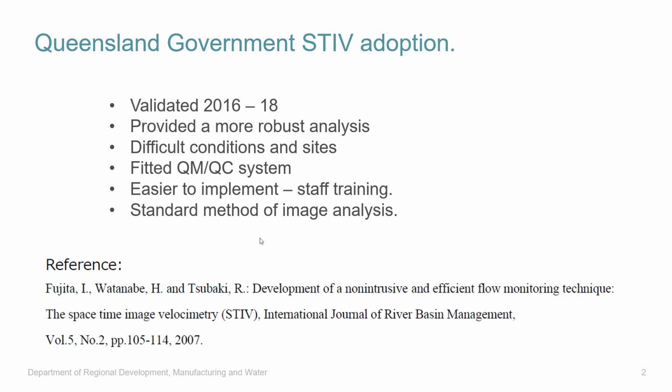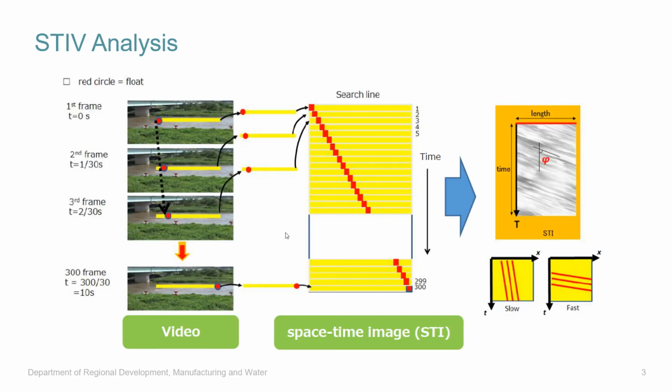So it's becoming a little bit more popular now, but as I mentioned, the STIV analysis doesn't use a cross-correlation, so it uses a gradient tensor method. So you set a number of search lines in the direction of flow. The analysis looks to